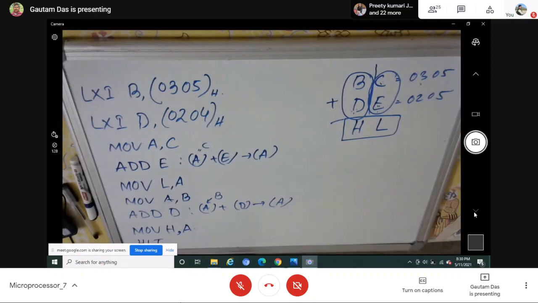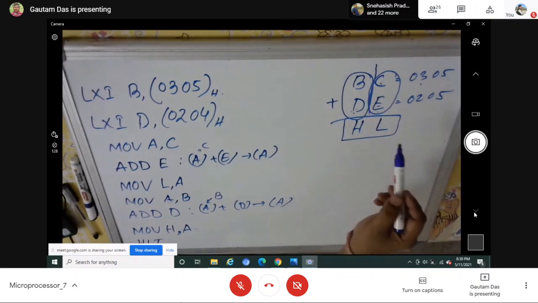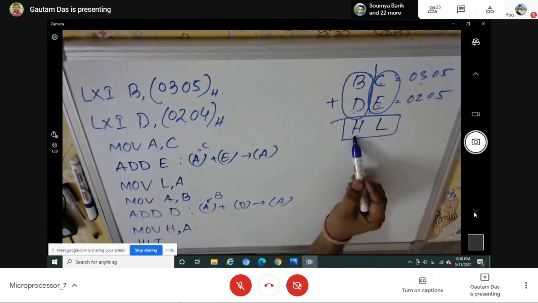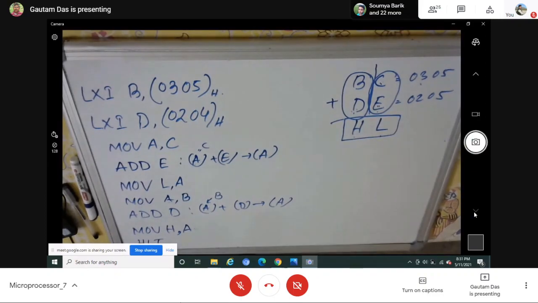We want to add 16-bit data, but as my 8085 processor is an 8-bit processor, it can add only 8-bit data. And whatever instructions we learned, ADD, ADI, ADD M, etc., using those we can add 8-bit data only. Then using 8-bit instructions, how can we add 16-bit data? Solution is divide the two 16-bit data into two 8-bit data, then add separately the lower order 8-bit, store the sum in a register, add the higher order 8-bit separately, store it in another register. Combining these two, it is your addition result of these two 16-bit data.